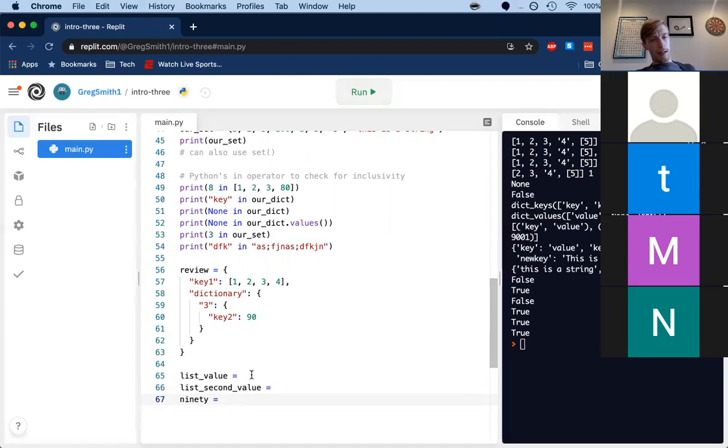So we're going to take a look at accessing just this list first, and then specifically this second value from our list. And then finally, how do we get all the way in here to pull out this 90 as a value? So does anybody in the chat want to take a stab quickly at